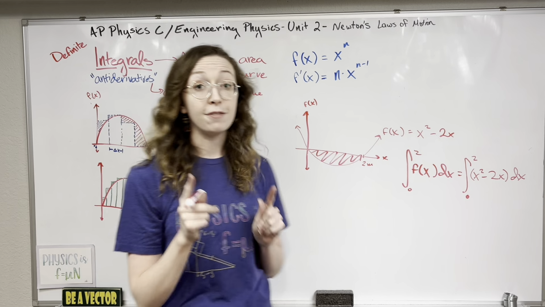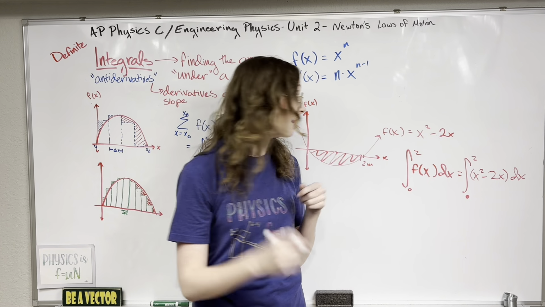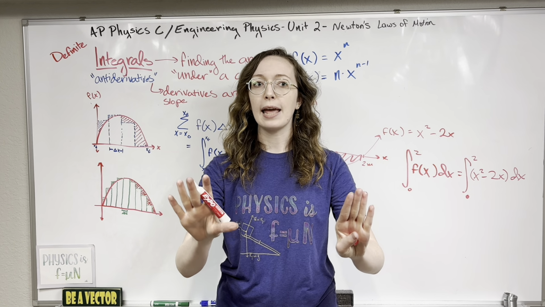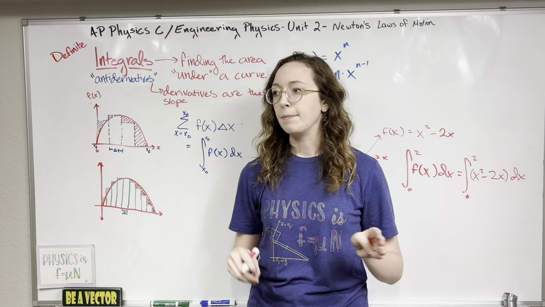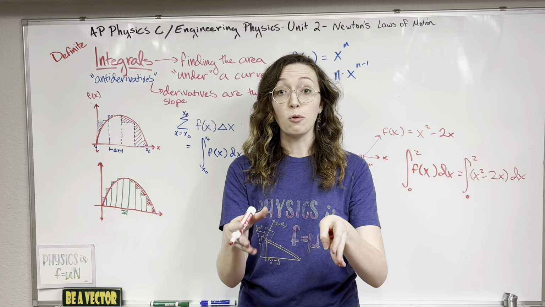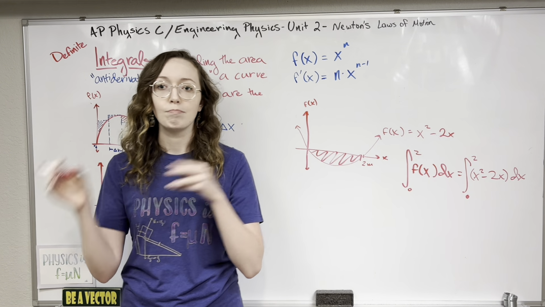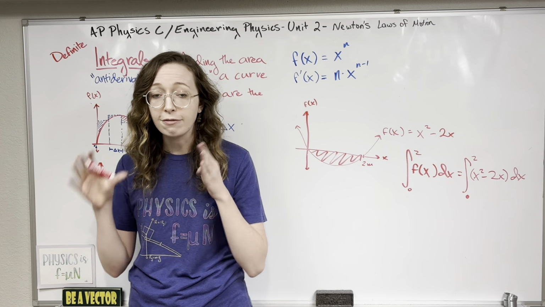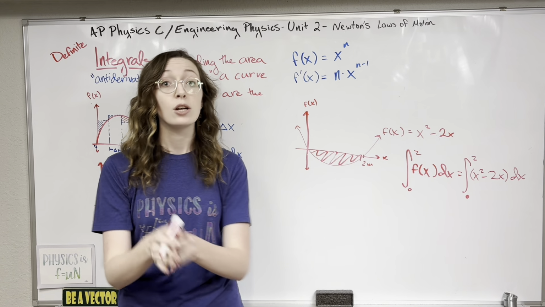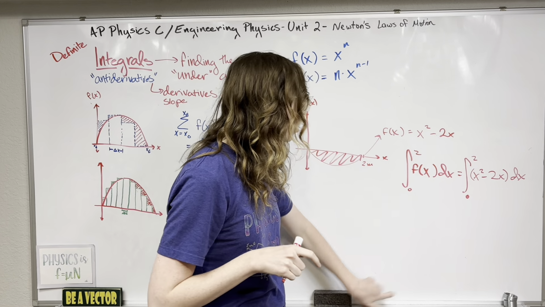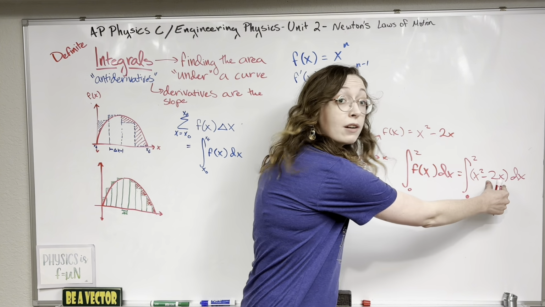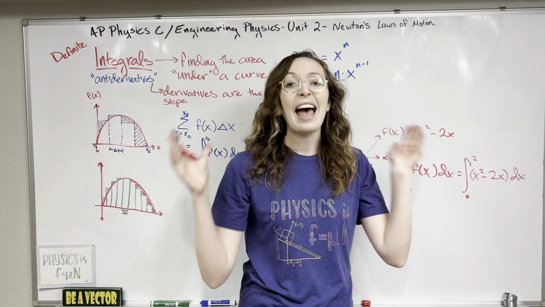So thankfully, whenever we take an antiderivative, we can think about each term in a polynomial separately, just like you could whenever you were taking derivatives earlier. If you had x to the 4th plus 5x squared, you take the derivative of the x to the 4th, then the derivative of the 5x squared. If you have things being added or subtracted in a function, you can take the derivative of each of those separately and add them together at the end. We can do the same idea with integrals. We can take the antiderivative of our first term, then the antiderivative of our minus 2x, and just add those